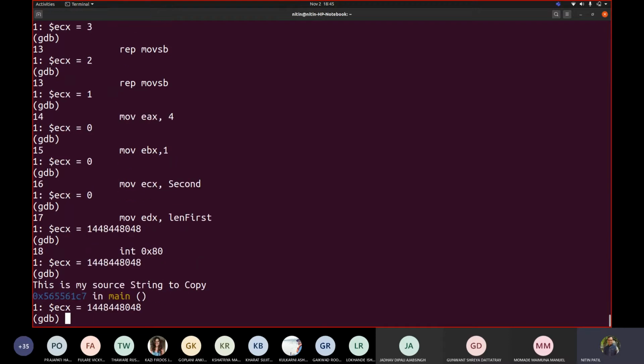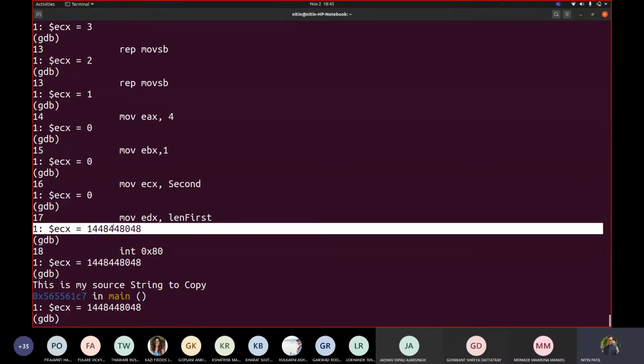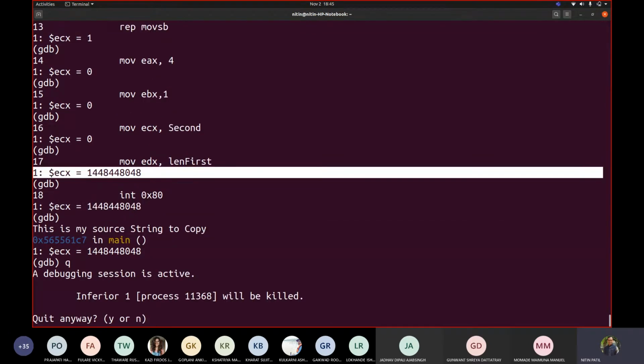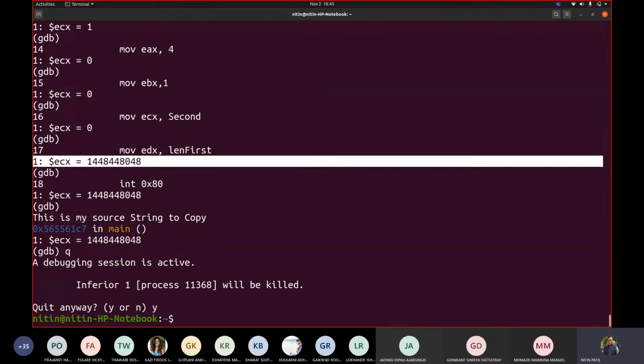So now my string is displayed. When we saw that the ECX value got changed, we are not using repeat anywhere later. Fine. So how many repeat prefixes are there? There are multiple. One is repeat, repeat till equal, repeat till not equal, repeat till zero, repeat till not zero. So these are the 5 repeat prefixes which can be used only along with string instructions, capital ONLY.